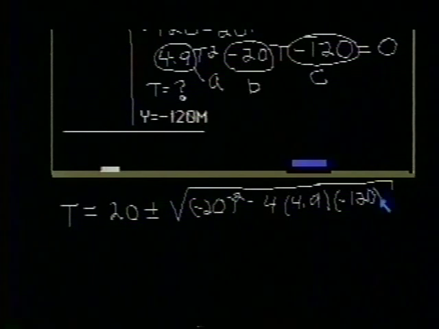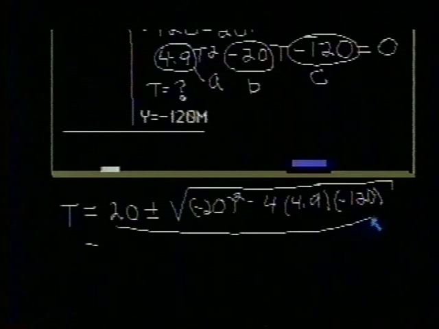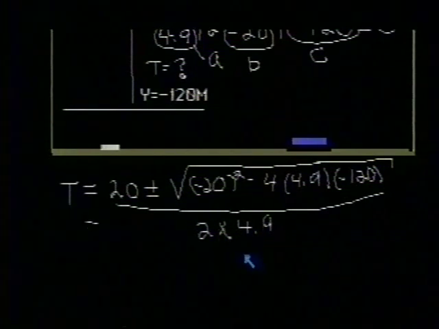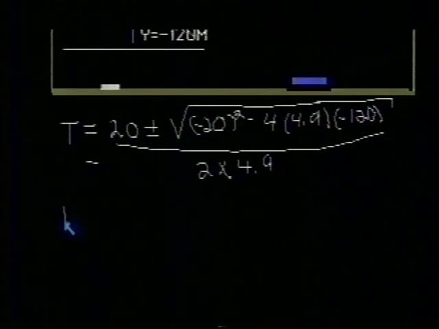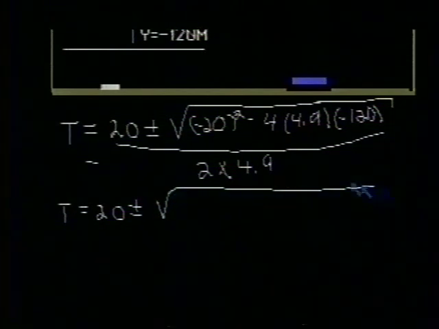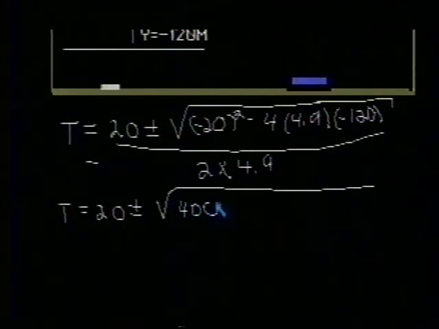And continuing with that, all divided by 2 times a, which is 2 times 4.9. And we can write that t is equal to 20 plus or minus the square root of 20 squared, that is 400. And then these quantities multiplied out give you